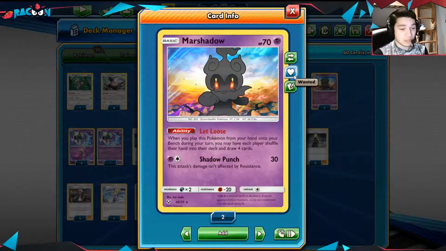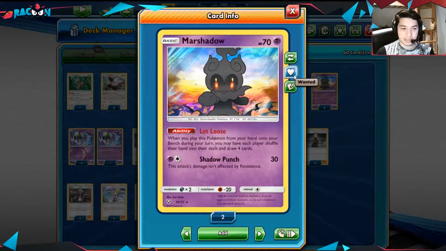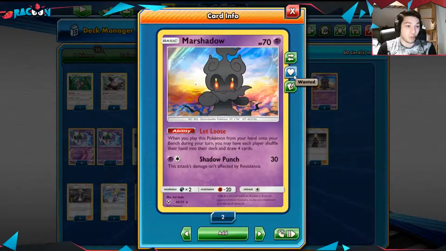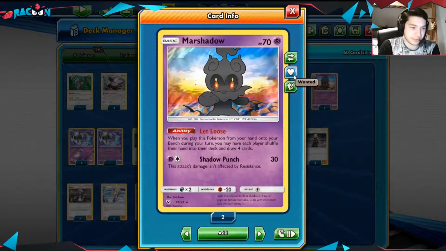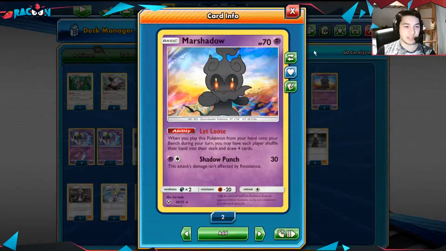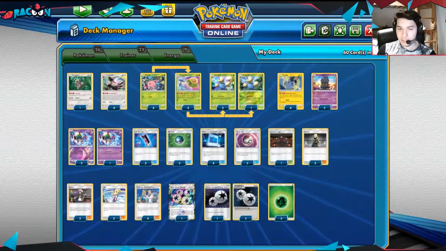You can both annoy your opponent by disrupting whatever he has, but more importantly, you get 4 cards to play with the turn after, or even the same turn, because of course the Marshadow is not a supporter. So this is the only deck where, personally, together with the Necrozma, but in the Ultra Necrozma I play just one. In this case I even play 2,